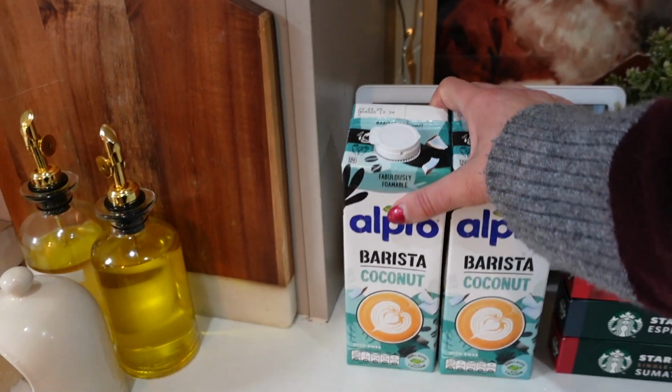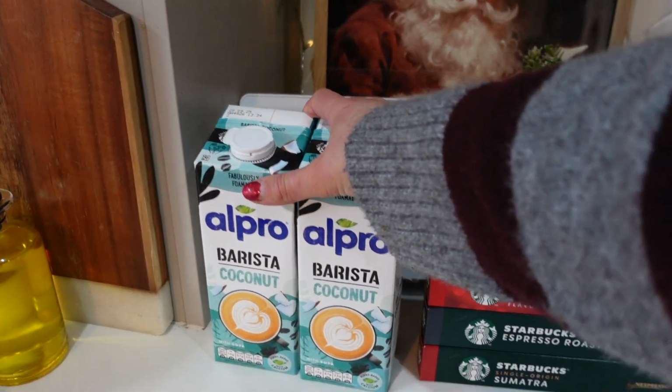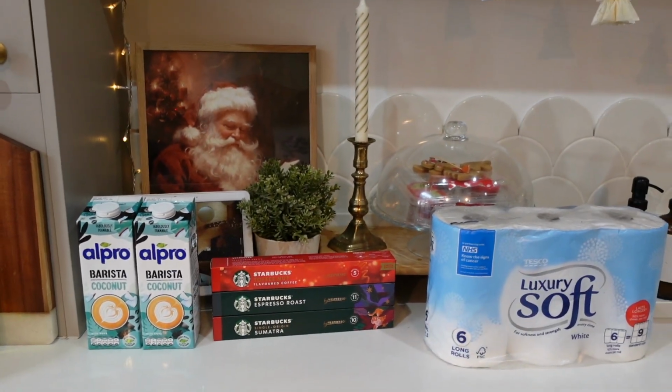And this is the long life, so I've got some of these in the fridge already, but these are going to go in my cupboard so I don't run out over Christmas, otherwise I'll be sad because it's my fave. And that is everything. Okay, so today is Thursday the 19th, and I'm going to run you through everything we're going to be eating